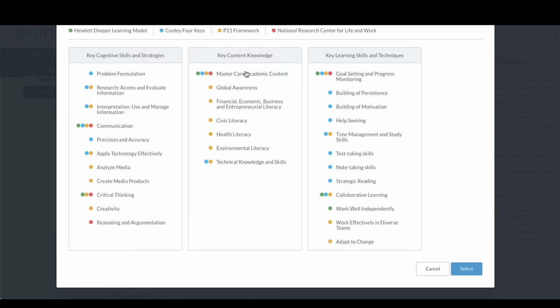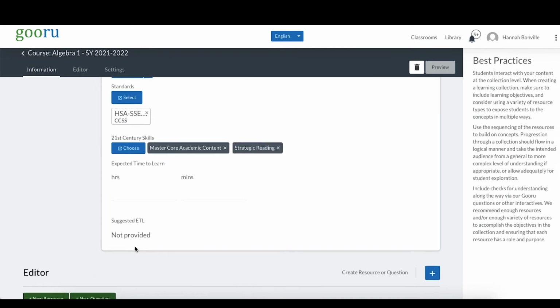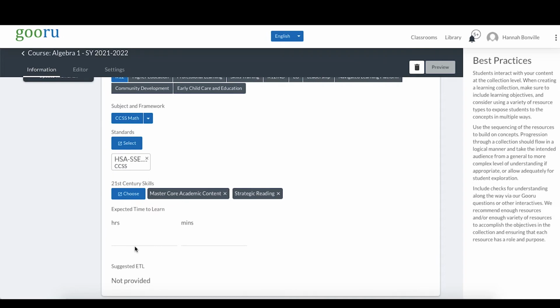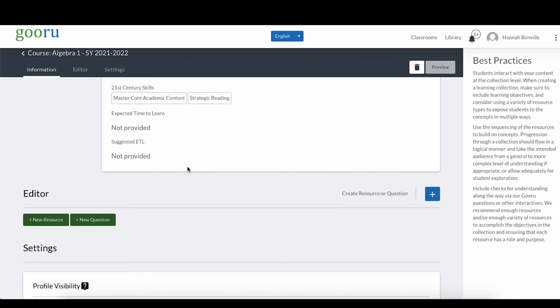So in this collection, my students should be mastering core academic content, and they will have some strategic reading going on. There's lots of skills over here that will come up a bunch if you are working with adult learners and learners in the skills and professional development areas. So I'm going to select these two, and now they're here. Expected time to learn, just like we've been doing, I'm going to leave it blank and it's going to populate as I go. So save. I've got the information portion of my collection set up, and now I can scroll down and I can start